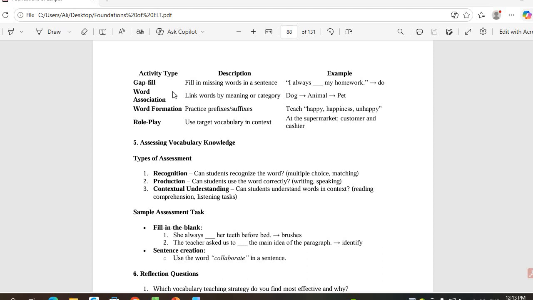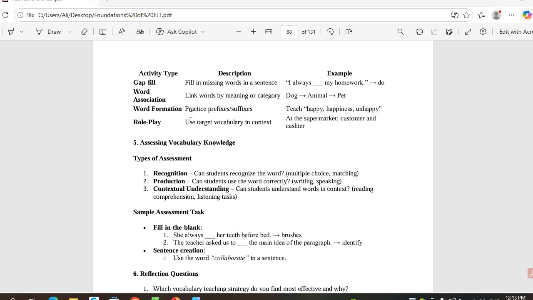We continue talking about vocabulary, teaching vocabulary, and these are some activities or different activity types. Gap fill is one of the vocabulary activities, when you give the students words to fill in the gaps. Or word association, you link words by meaning or